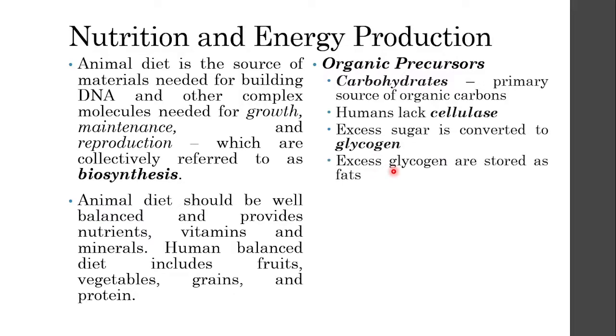It's usually stored in our liver and our skeletal muscles, and it is a very good main source of energy when we want high burst activity. So for example, if you suddenly run, your body will usually take energy from the stored glycogen in your skeletal muscles, or sometimes the glycogen in your liver.